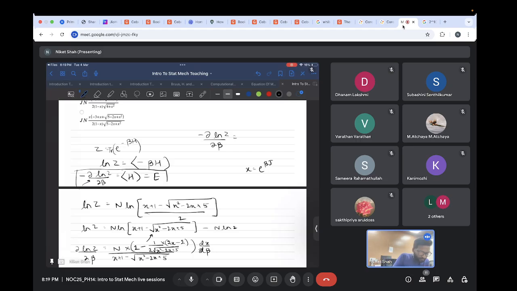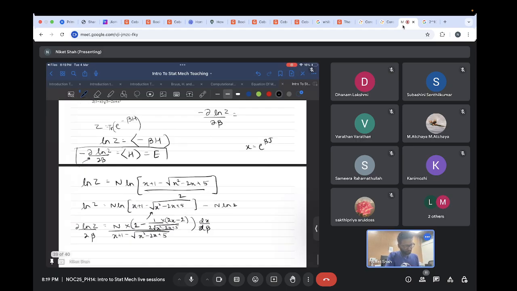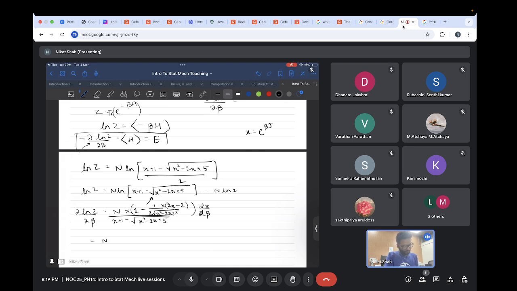Log, so 1 divided by this, multiplied by the inside term differentiation, which is 1 minus 1 by 2 square root of this, and there will also be a dx by d beta. That is j e raised to power beta j. This is n into